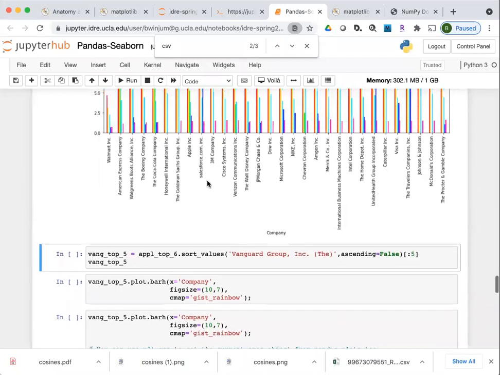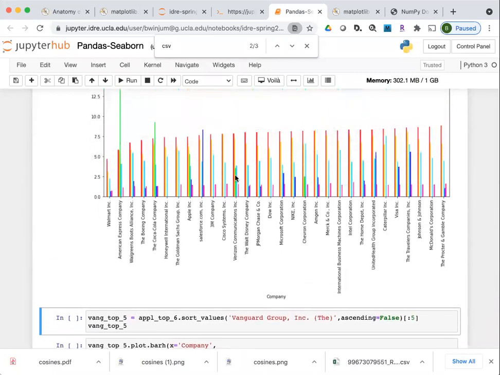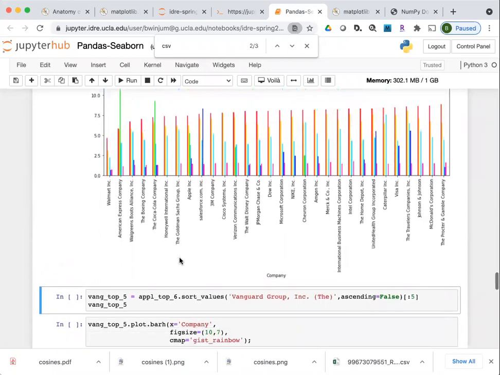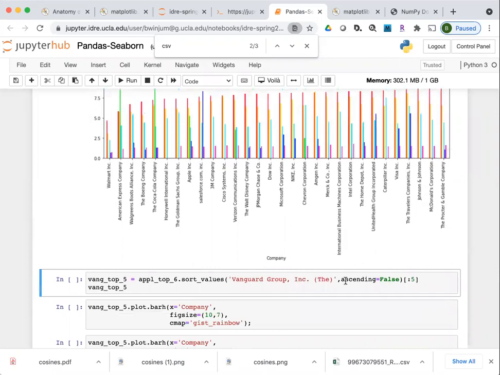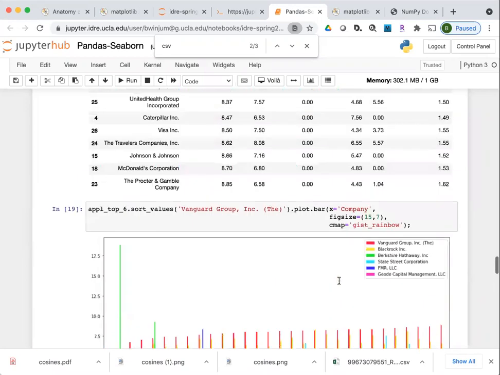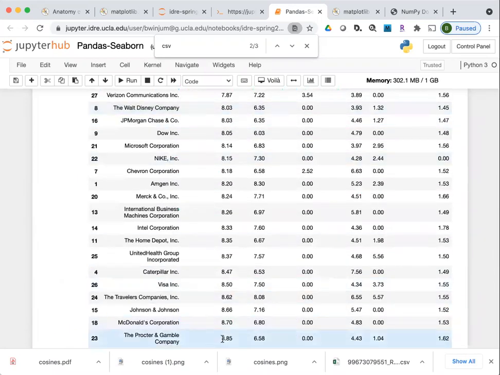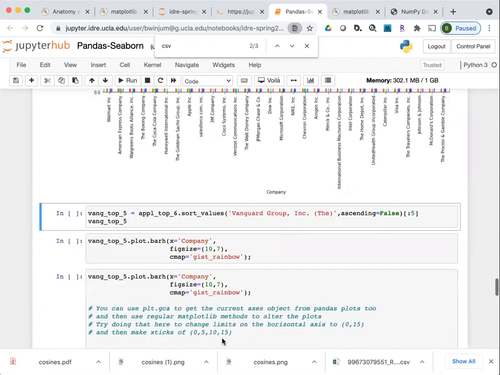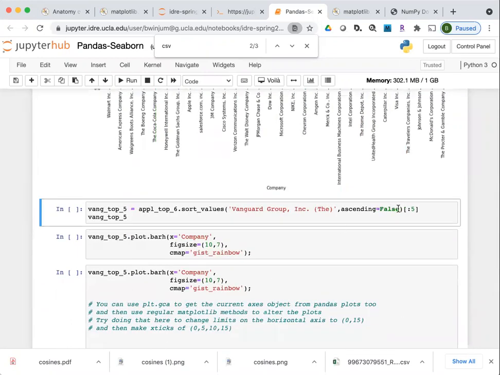But we probably want to go into a little more detail on this if we want to zoom in on the plot, say. So in this case, I'm going to look at the top 5 that the Vanguard holds. So instead of going from low to high, ascending equals false just orients it from high to low.